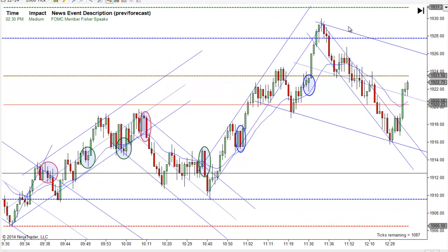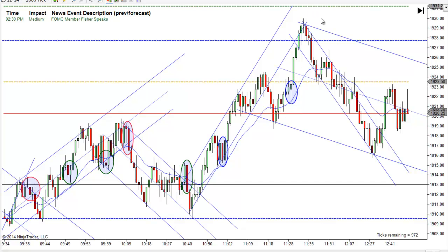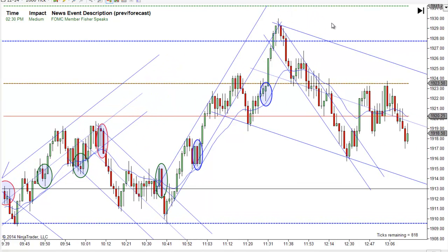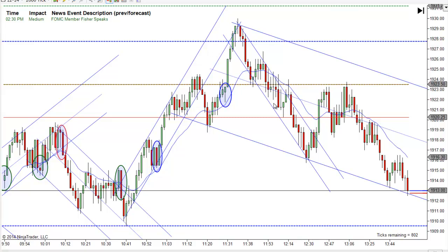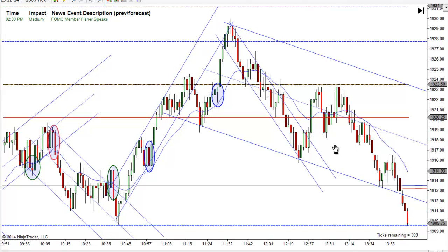And this thing goes all the way back to the top. And that got you right into the lunch hour. And I just, there's so many trades and so much by the end. It's the same. I'm not going to go over every trade today. There's just too many of them. If you were still trading into the lunch hour,